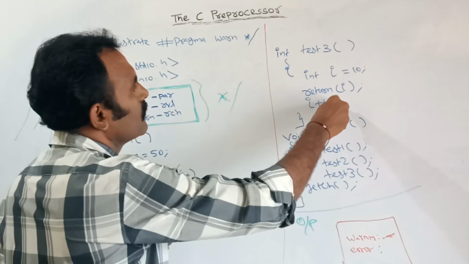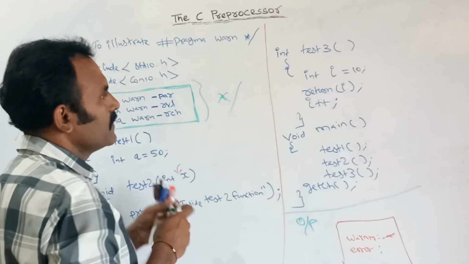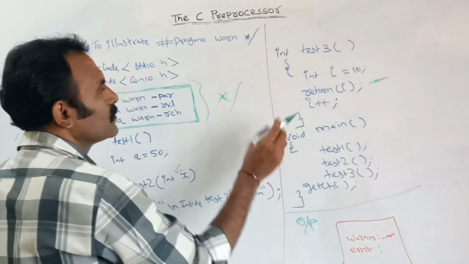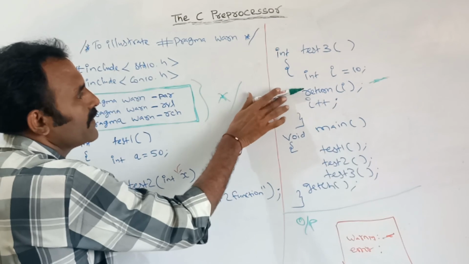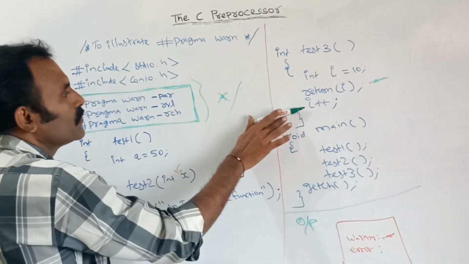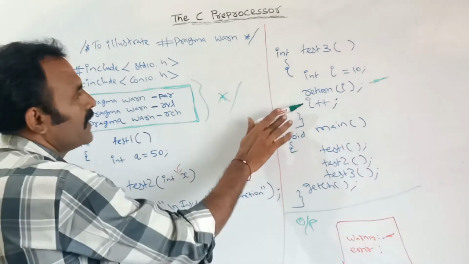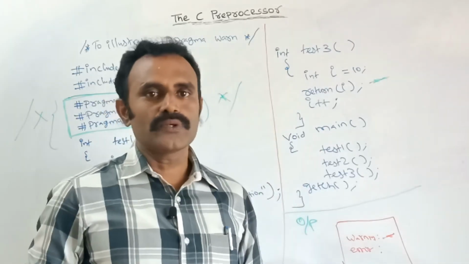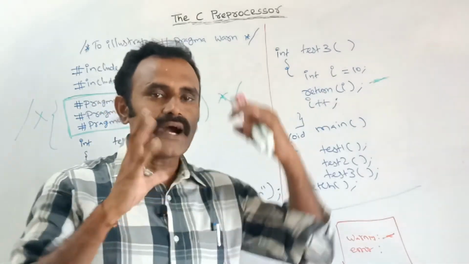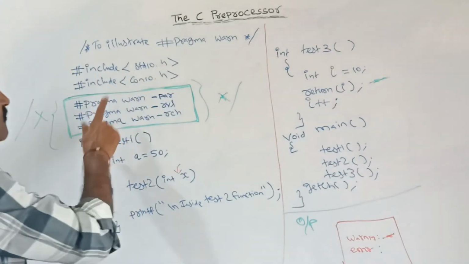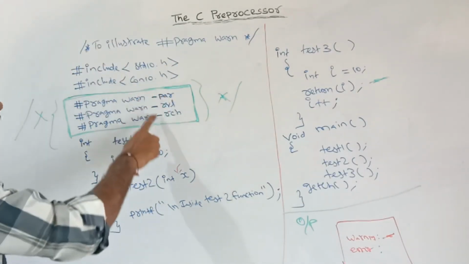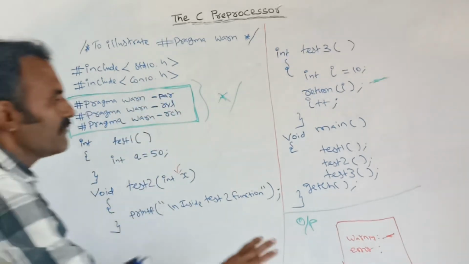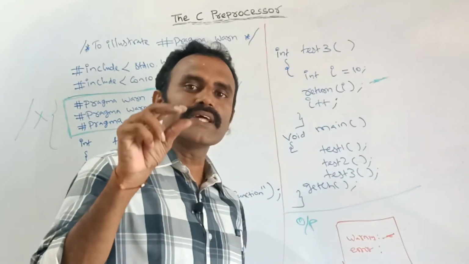During this step, the controller will return to where the function was called. So after returning the value, I am incrementing the i value. This type of warning is known as the unreachable code warning. This warning will be shown by the compiler. Suppose we want to hide that warning using this pragma warn directive, we can use this minus symbol and the type of warning. If you use this, then the warning will not be displayed while executing the program.